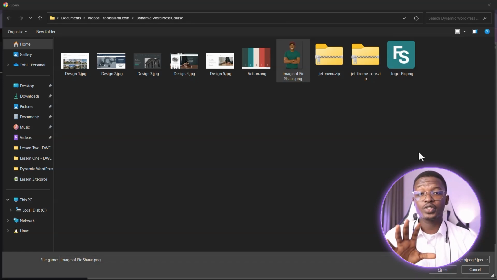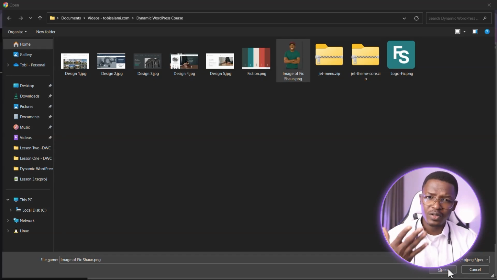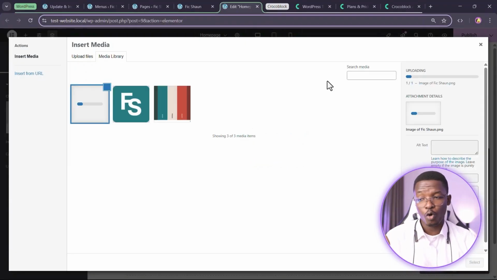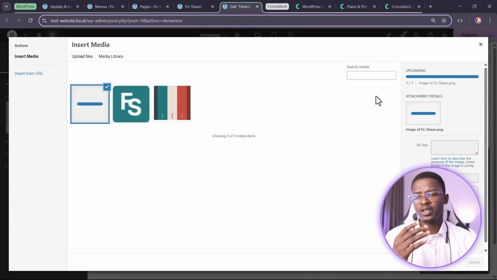However, this is the point where I'm going to teach you some very good web design skills. Instead of just selecting an image and clicking on open to upload that image, you need to be able to check things about that image. But for now, let's just do the wrong thing and just drag the image or upload it by clicking on open. Now, once we click on that, what we notice is that this image is uploading